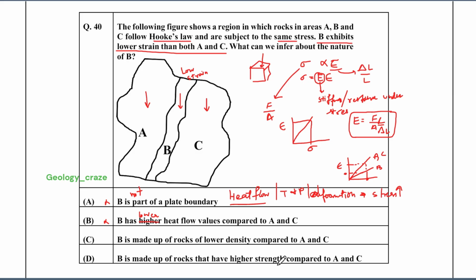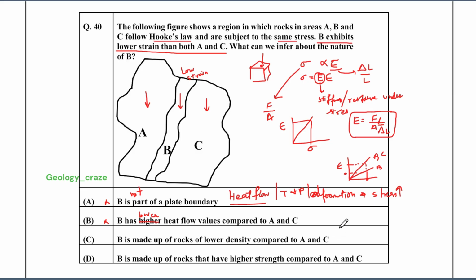Now in option C, B is made up of rock of low density compared to A and C. If we look at our formula, sigma, stress is proportional to strain. In this formula we are not using any density. That is with respect to the question. Now apart from the question,